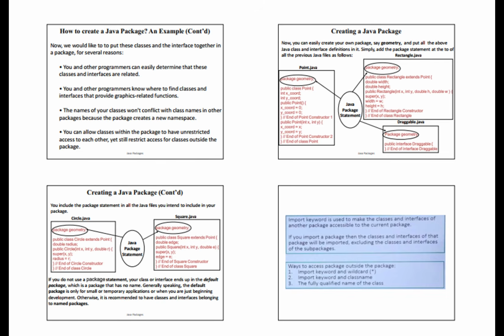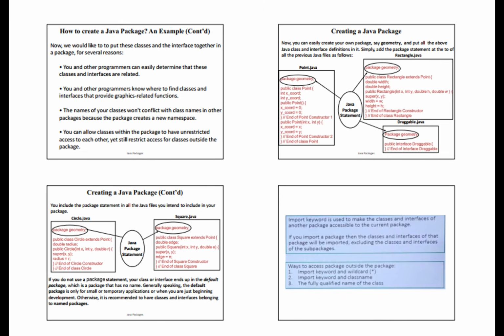Point.java: package geometry; public class Point { int x_keyword, int y_keyword; public Point() { x_keyword = 0; y_keyword = 0; } // end of Point constructor 1 public Point(int x, int y) { x_keyword = x; y_keyword = y; } // end of Point constructor 2 } // end of class Point